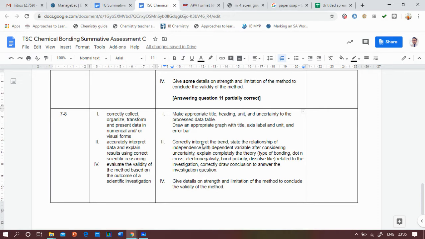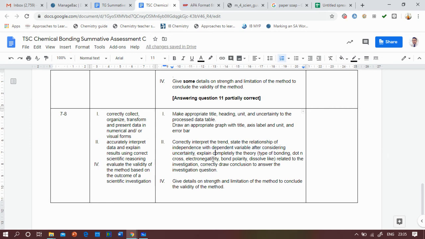But so you're going to say either, okay, the more I add glycerin, the independent variable, the more water content. That's one possibility. The second possibility, the more I add glycerin, the less water content that is evaporated. And then that will be the statement, or there is no effect at all. That can also be the interpretation. And then after considering uncertainty, again, I will talk about uncertainty later.